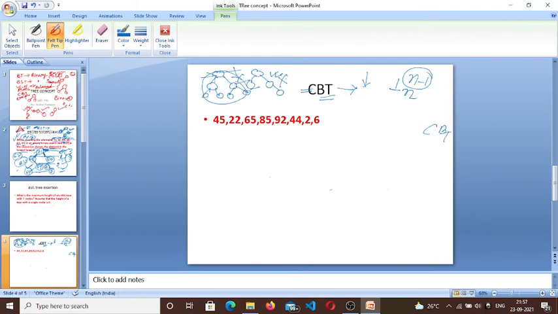Basically, before going to the next level, for example, if a tree has 3 levels, then up to level 2 all the nodes have their maximum number of children. In a binary tree, the maximum number of children we can have is 2. So all the nodes must have 2 children before we go into the next level. So let's insert values in a complete binary tree, which will give us more clarity on this topic.